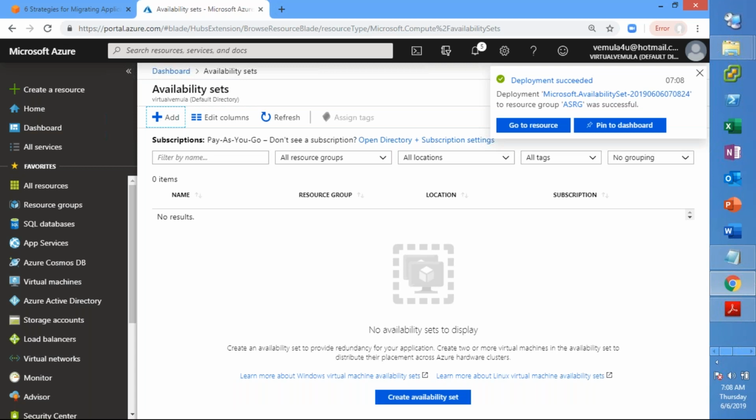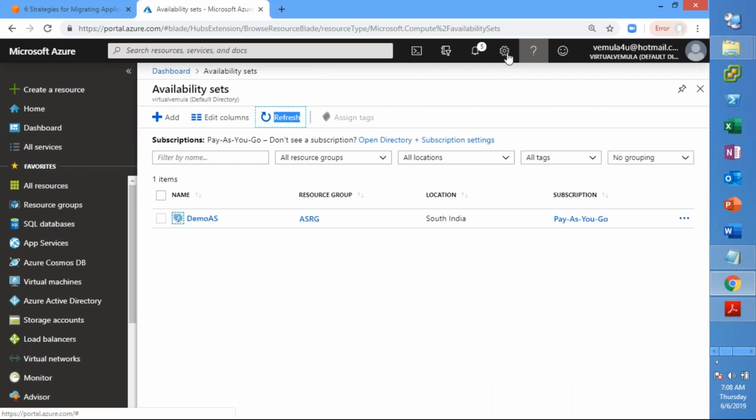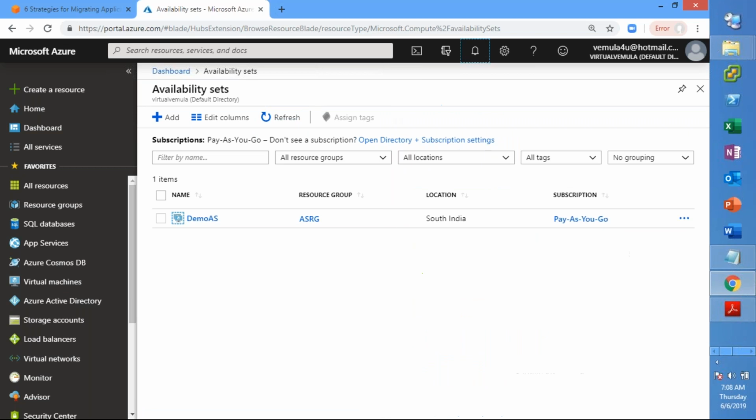So we created an availability set with 2 fault domains and 5 update domains. Let me refresh to see if it is created. Right, so that is successful. Now we just have the availability set in place. We haven't used it yet. So let me go and create a couple of VMs. I'll create 3 virtual machines and put them in